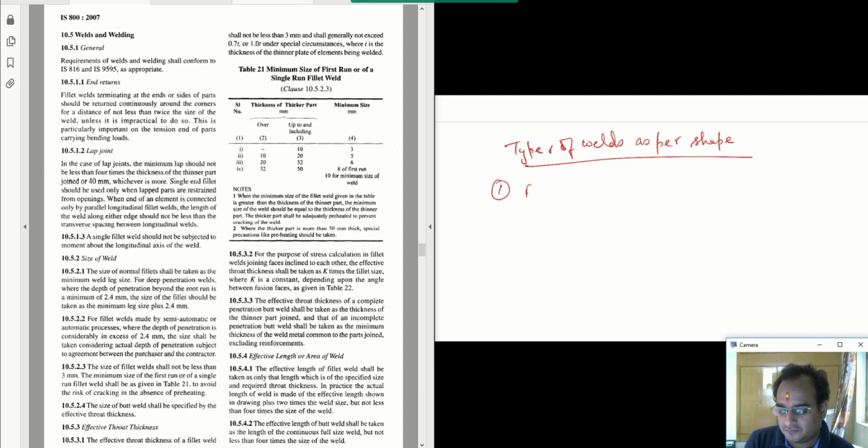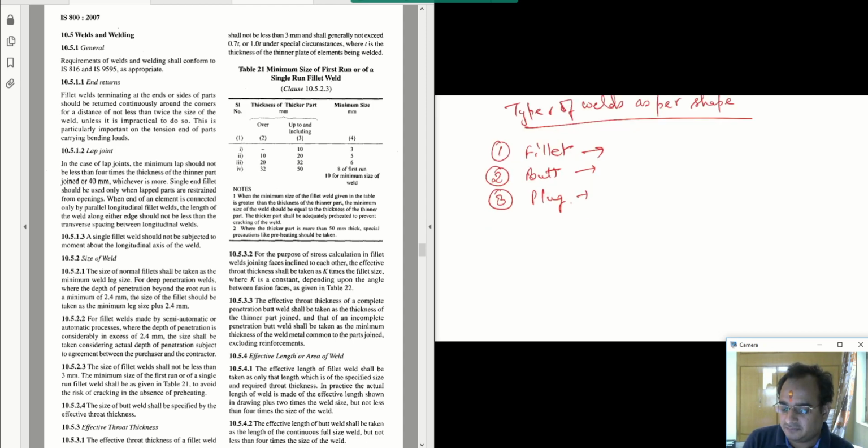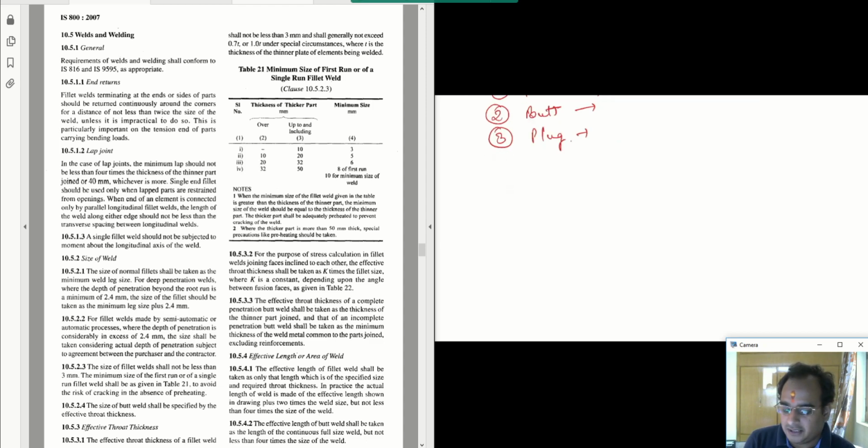First is fillet, second is butt, and third is plug. So what are these? Fillet weld, butt weld, and plug weld. So fillet weld, starting with fillet weld. Fillet weld is a kind of connection in which